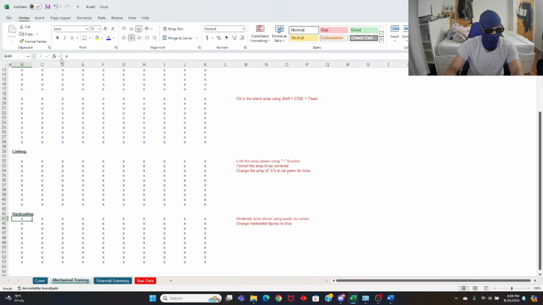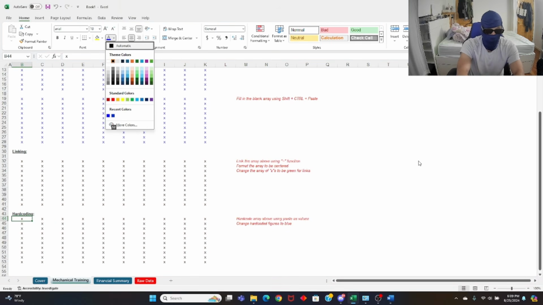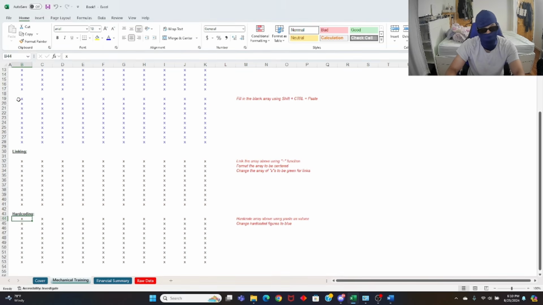It's a hard code. And because it's a hard code, we want this to be in blue. So you could do Alt HFC and then come down here for your recent colors and make it blue. But that's slow because you already have the blue up here. So what's faster is to highlight one cell up here that already has the blue format.